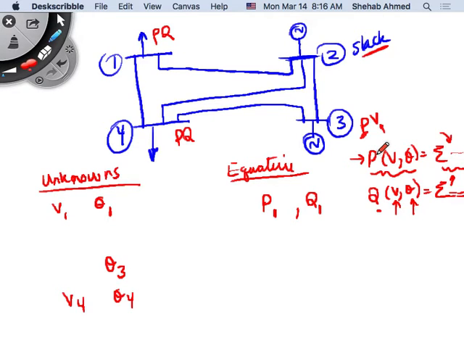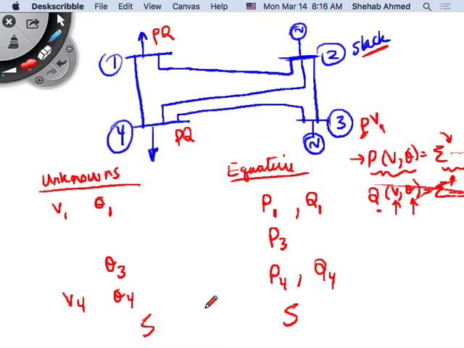Yes? No? Which equation can I use? The real power equation. I cannot use the reactive power equation at a PV bus, right? And then what else? So this is, we did 1, 2, 3, 4. I can use the P4 and Q4 equations, right? So now I have 5 equations and 5 unknowns,